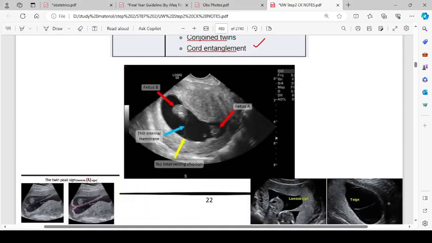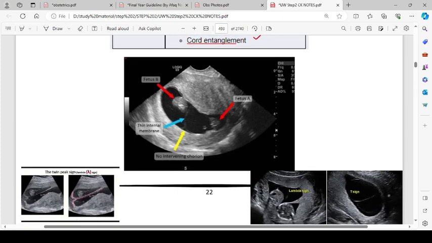Then here is a picture showing this is fetus A, and this is fetus B, and there is a thin intertwin membrane and no intervening chorion. So they are monochorionic diamniotic twins in which there is no intervening chorion. They are just two twins attached to the same placenta in different amniotic cavities. If I could show you